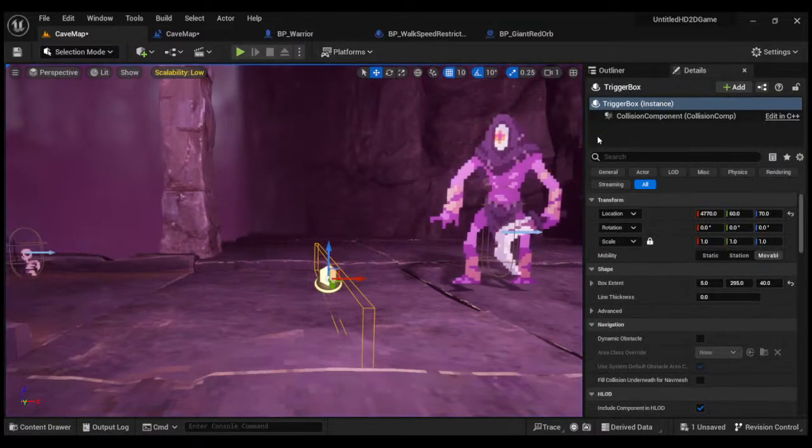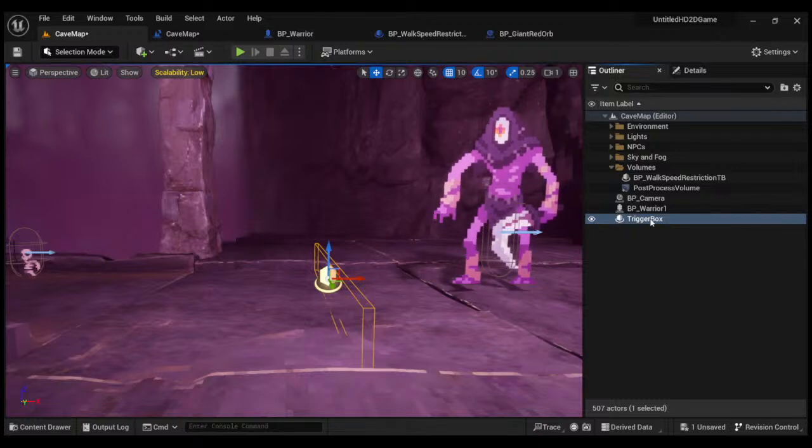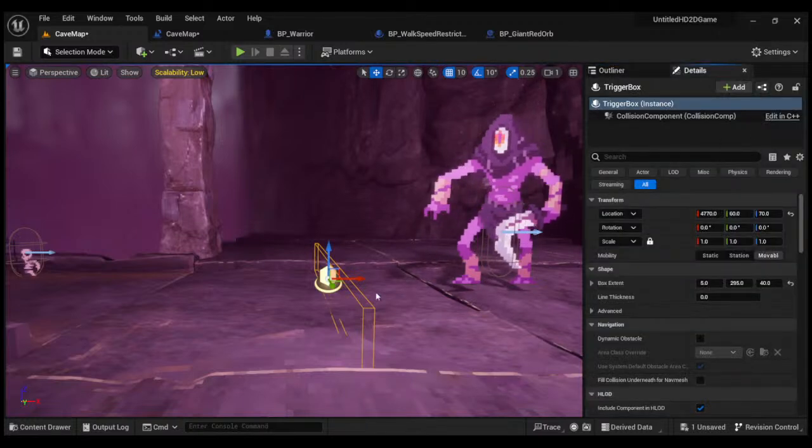And actually, I can make this as a blueprint again. Ooh, I put it in the wrong folder, which is always scary with Unreal. It's a BP movement restriction db. Restriction db, yeah. Okay,